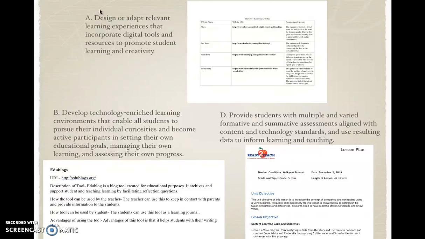I chose Standard A for interactive learning activities. This assignment can be used with students to incorporate digital tools and resources to promote learning and creativity. Interactive activities are great because they allow the teacher to assess the student to see if he or she is understanding the content. I chose EduBlogs for Standard B because this website allows students to upload their assignments, keep